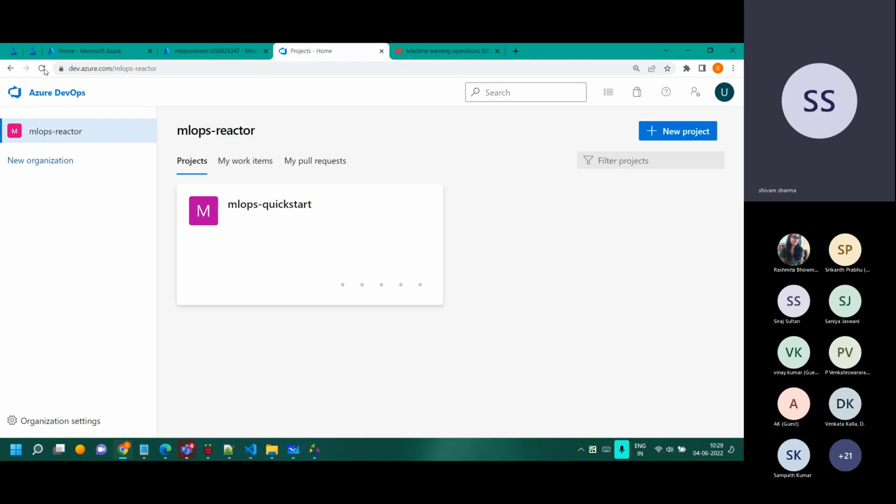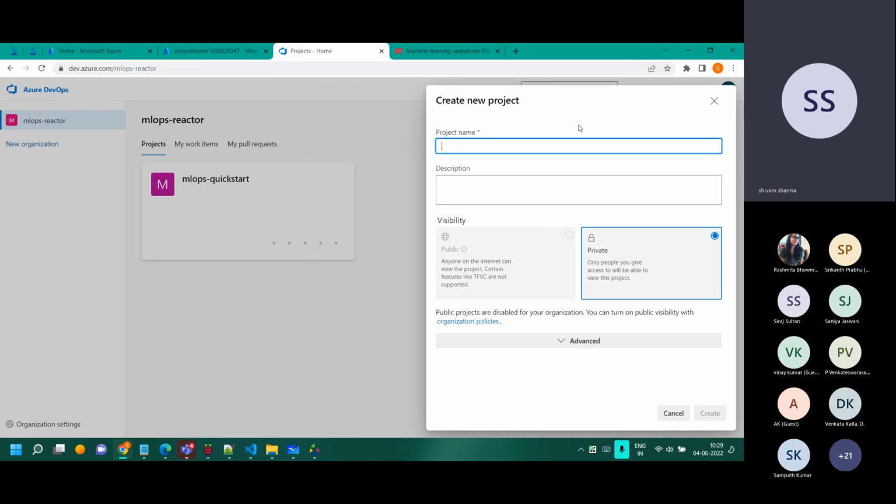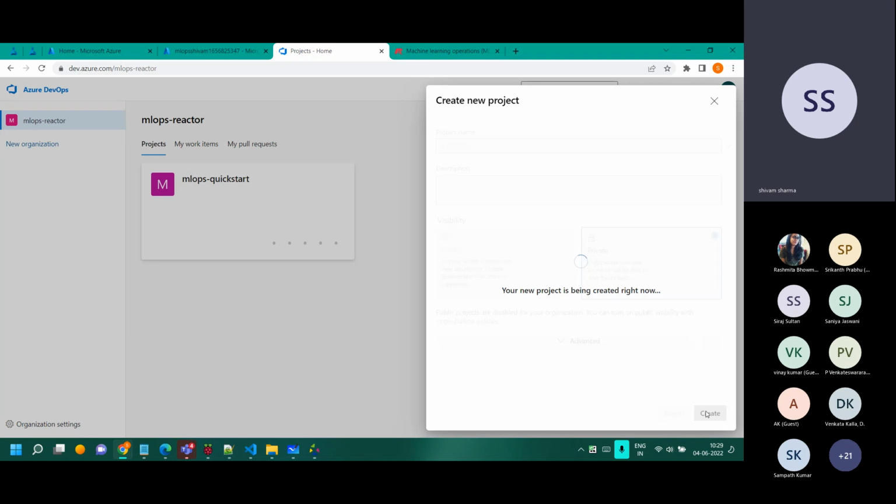What they have to do is come to dev.azure.com and create the organization. The organization is the name of the company. And then the project is a project, so create the project over there. If I click on the project, I'll zoom out slightly, it's too zoomed in for me. I'll zoom in whenever required. You see this project, for example, if we type MLOps 2 maybe, they will create this project.